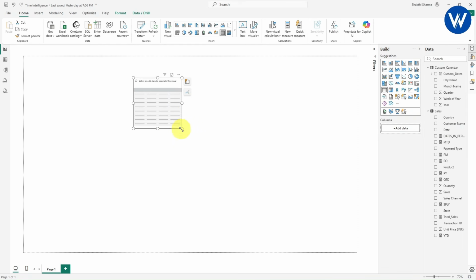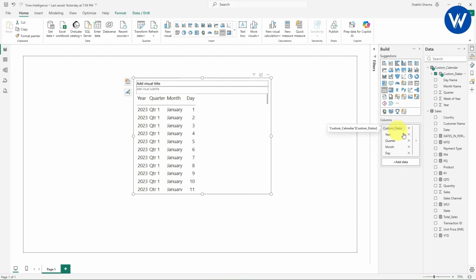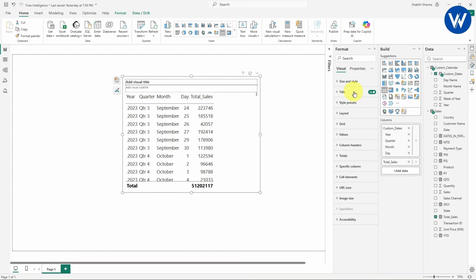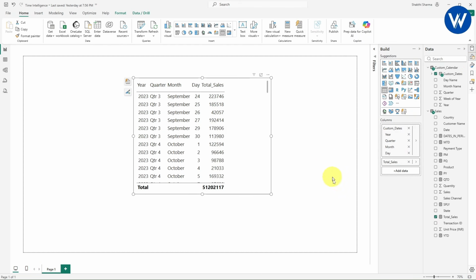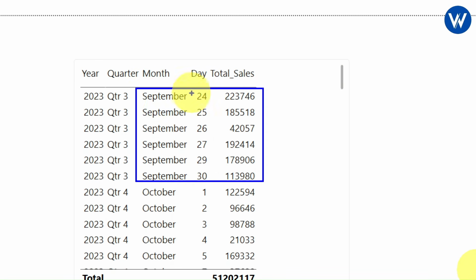Okay, now to understand the dates in period measure, first I will insert one table. Okay, the table is inserted. Now you need to take the custom dates inside the columns, right? Now take the total sales measure inside the columns. Perfect. Now first let me remove the title from here, guys. Okay. Now actually we need to find the total sales from this particular time period, right? We need to find the total sales for the 7-day duration starting from September 24, 2023.